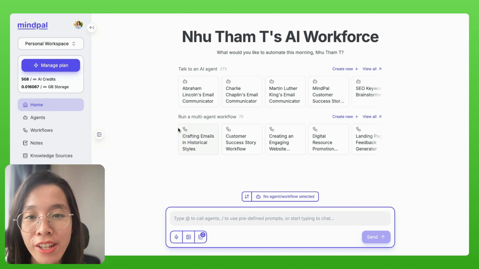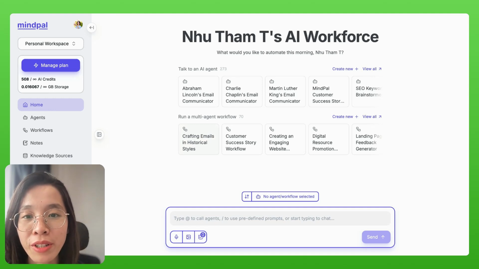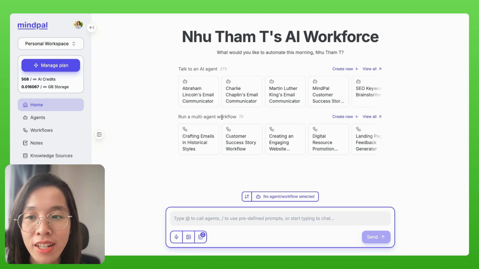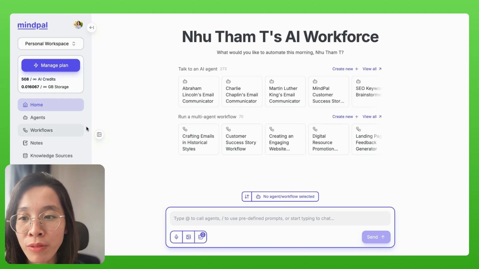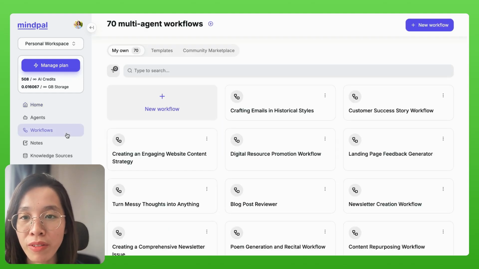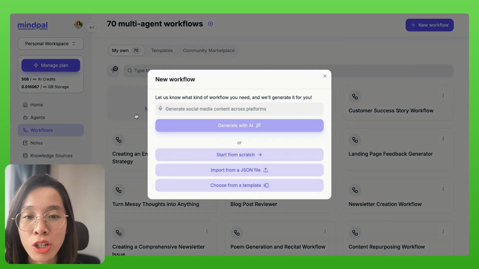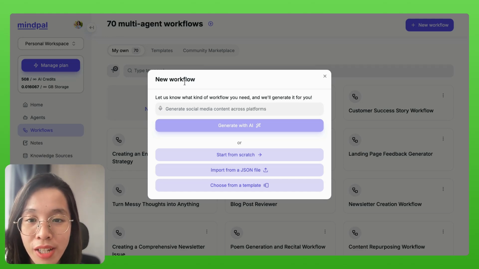To build multi-agent workflows, I'm gonna use MindPal.io, a platform where you can build AI agents and multi-agent workflows to automate tasks. To start a new AI workflow, simply head to this workflows page and click New Workflow. The good thing about MindPal.io is that you do not have to do the manual setup of AI workflows initially. All you need to do is describe what kind of workflow you need here, and MindPal will handle the initial